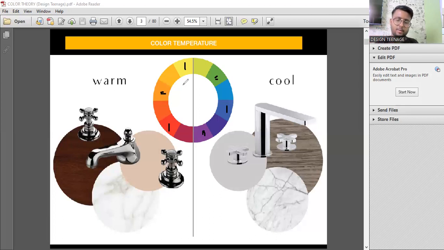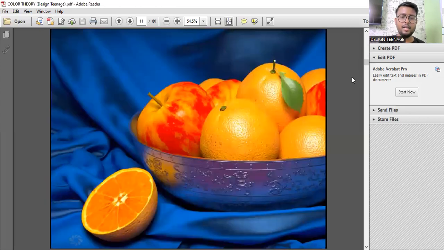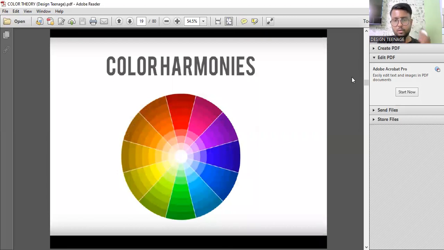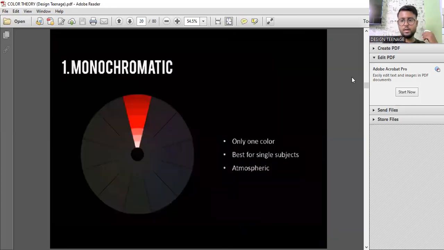Now see, this is one set of color wheel. Am I audible? Yes. This is one set. Now definitely we can increase the number of shades in between them and try to find out what can happen. But that will be really experimental, nothing related to what we already have in the form of a color wheel. Now we have something as monochromatic and all these things.